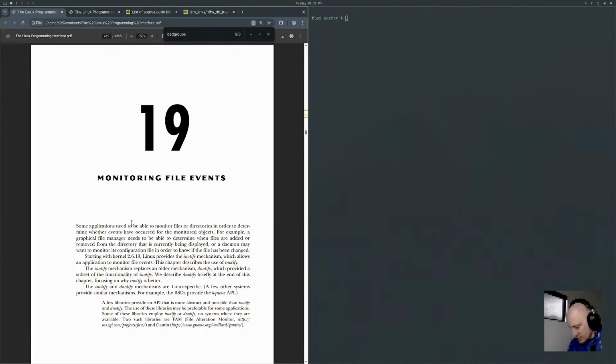Starting with kernel 2.6.13, Linux provides the iNotify mechanism, which allows an application to monitor file events. This chapter describes the use of iNotify. The iNotify mechanism replaces the older mechanism dnotify, which provided a subset of the functionality of iNotify. We describe dnotify briefly at the end of this chapter, focusing on why iNotify is better. The iNotify and dnotify mechanisms of Linux are Linux specific. A few other systems provide similar mechanisms. For example, the BSDs provide